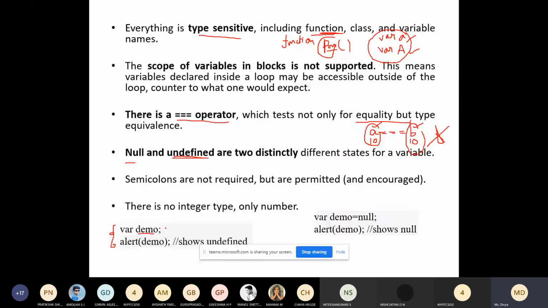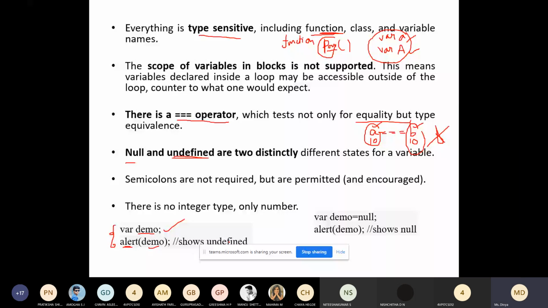We have just declared the variable demo. Now, if I give alert demo, alert is for displaying the data inside this demo variable, it will display undefined. That means the value is not defined for the variable demo.